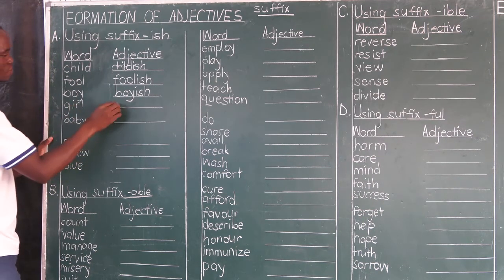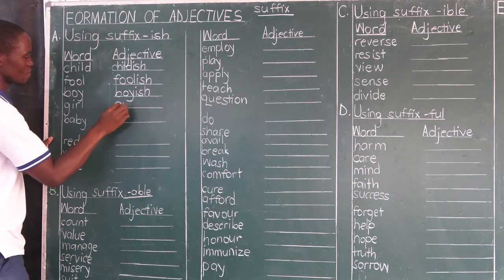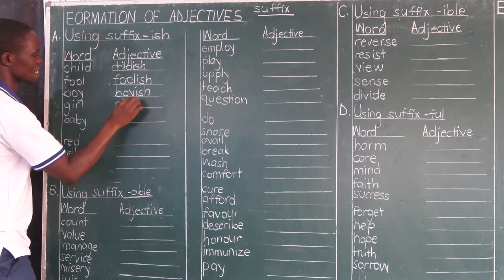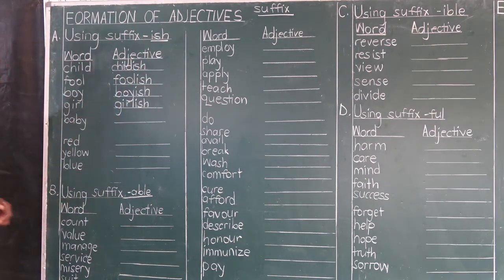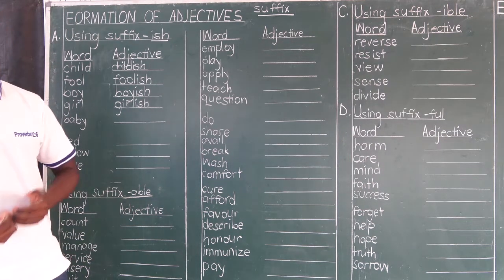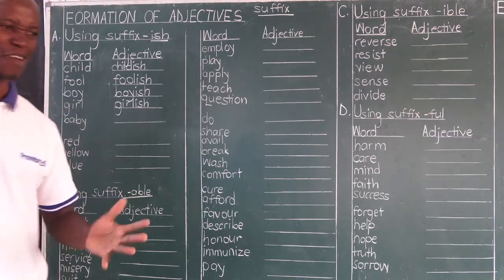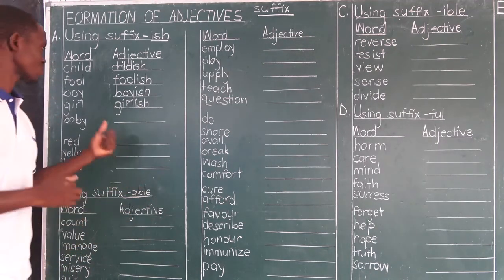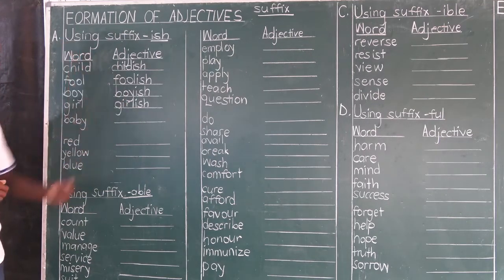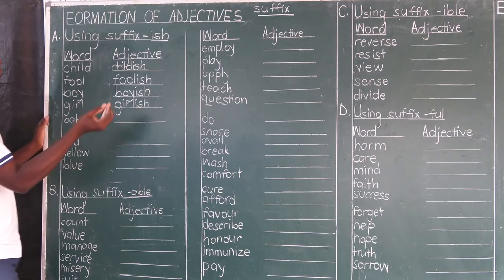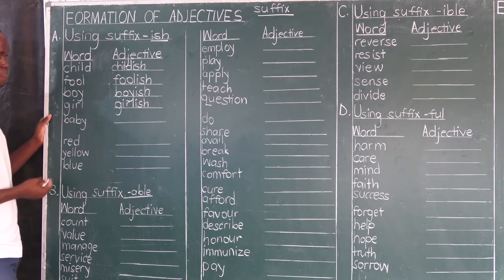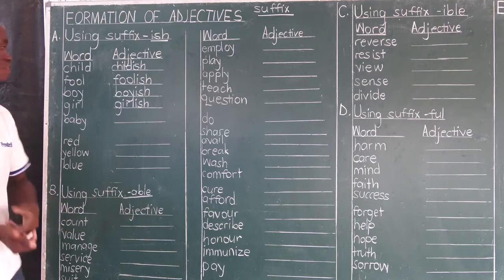Next is girl, where the adjective is girl itself plus ISH. Remember, it's our suffix in this section. Girlish. Girlish is the adjective. If you are behaving like a girl, or you have behavior that resembles that of girls, we can describe you as a girlish person. Some boys behave girlishly, in other words, they have girlish behavior. Then some girls have boyish behavior.